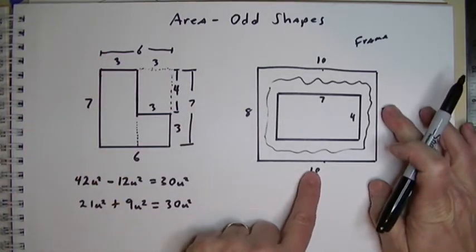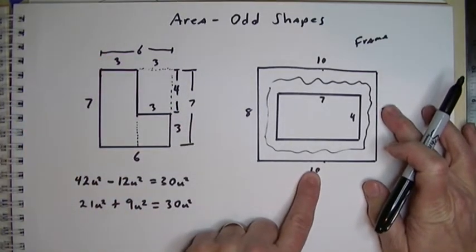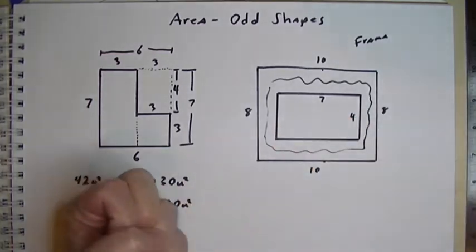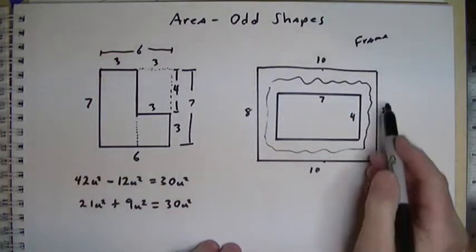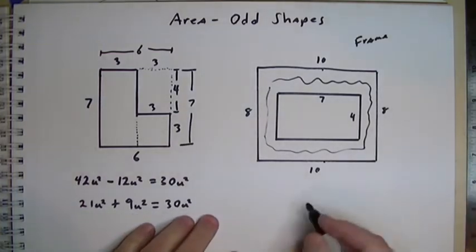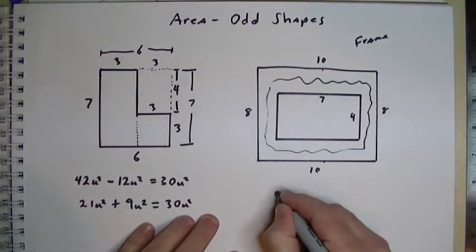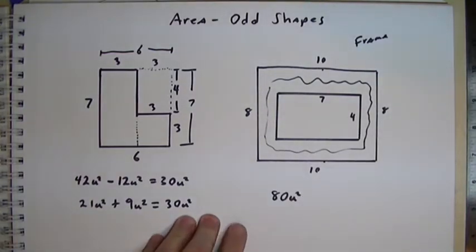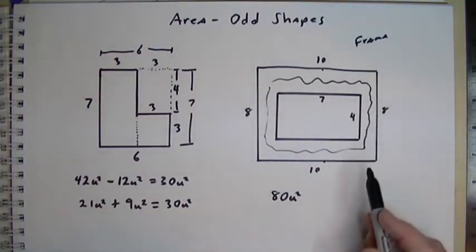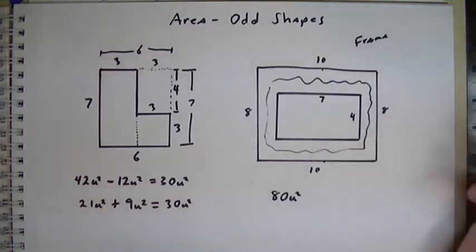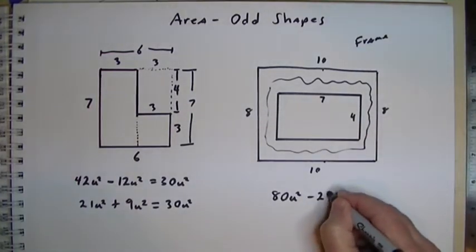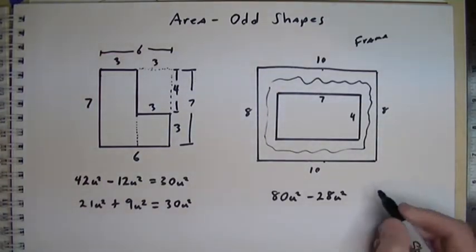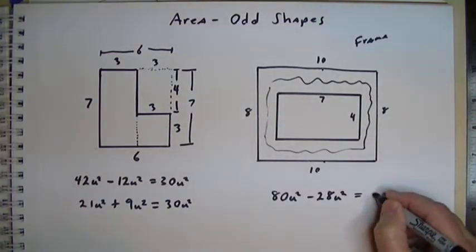I would find the area of the larger rectangle, then I'd find the area of the inner rectangle, and I would subtract that area away from this outer area. So let's go ahead and do that. We've got 10 times 8 is 80. Again, we'll just call them units squared because it could be any units whatsoever. And then 7 times 4 is 28. And of course that leaves 52 units squared